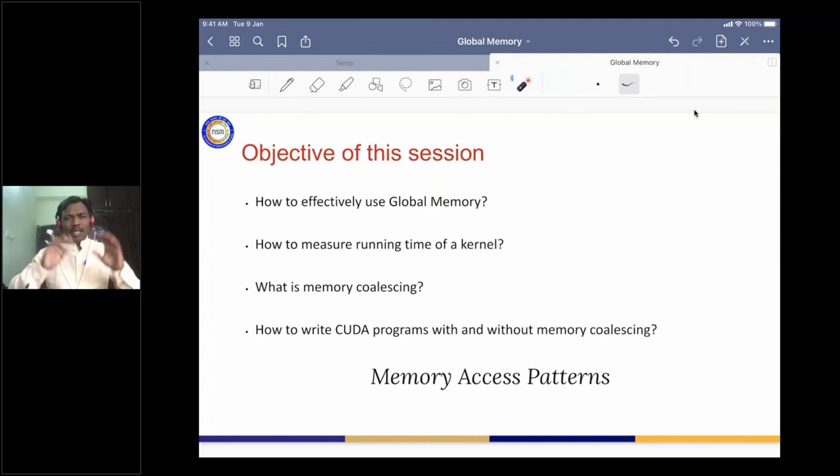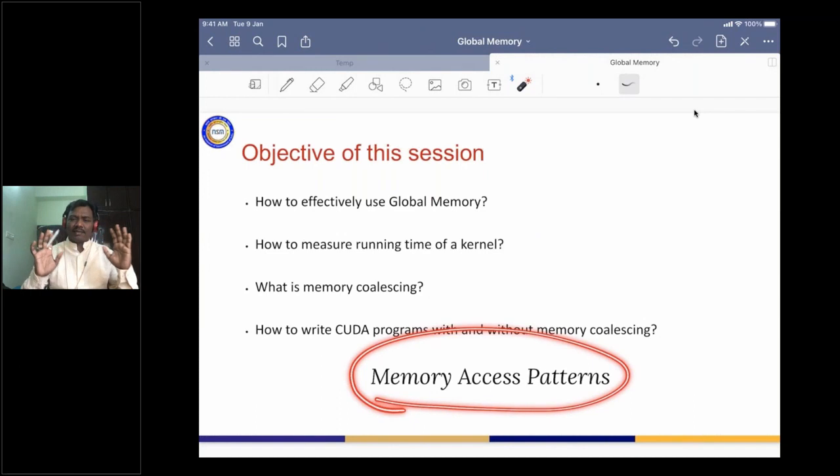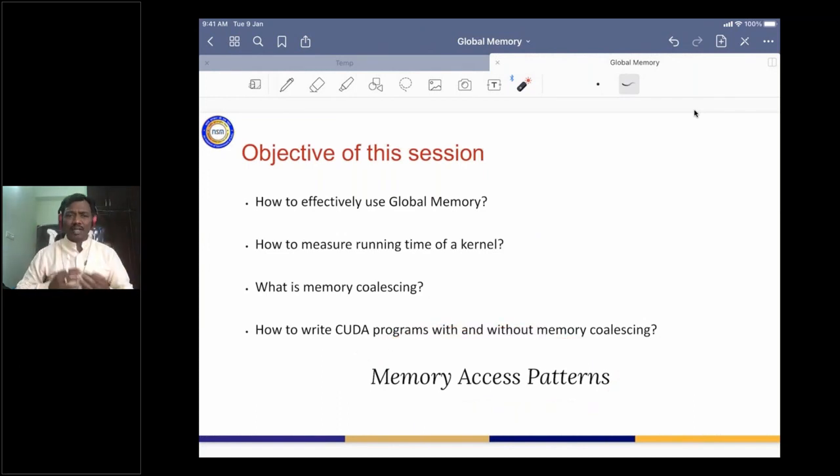In all these concepts, one of the main fundamental concepts that we are going to understand today is memory access patterns. This is one of the main points that we are going to understand by the end of today's class.